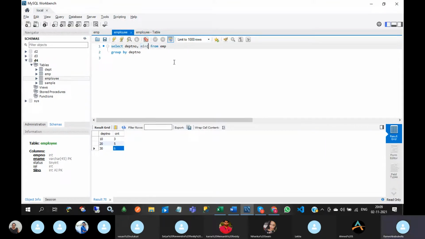Next, minimum salary in each department. How to calculate? Min salary in each department. In department number 10, minimum salary is 1300, 20 minimum salary is 800, 30, 950. Okay, so maximum salary is how much?